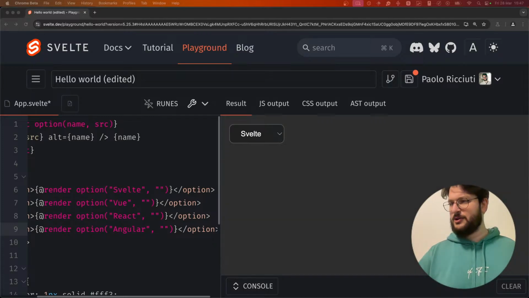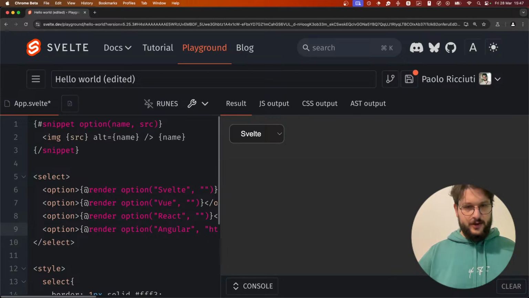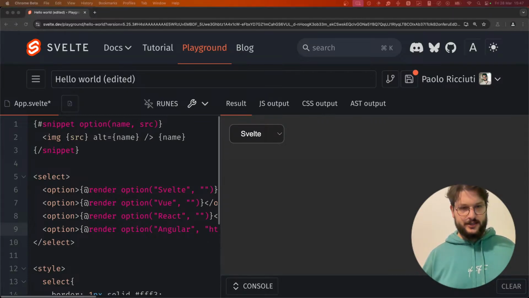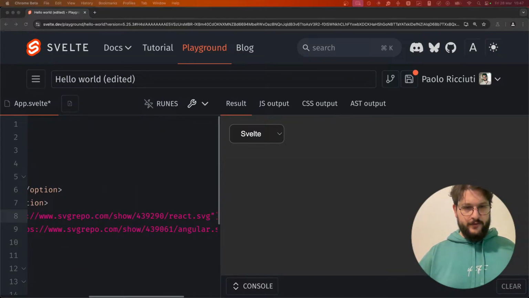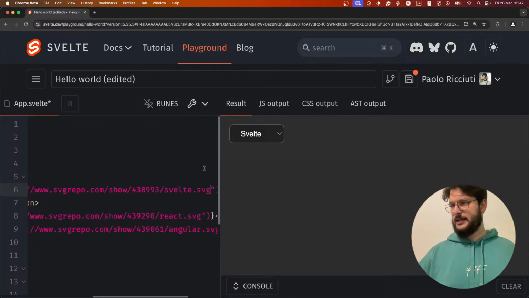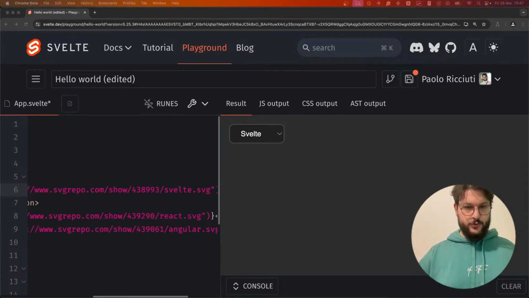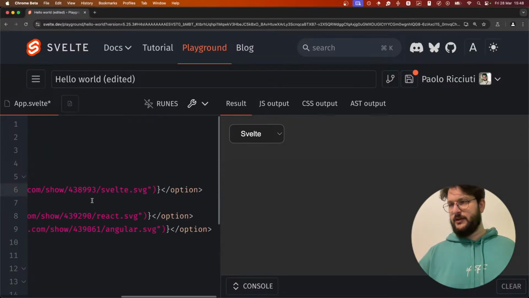So we have Angular, like this, and we have React like this, and we have Svelte like this, and we have Vue like this. So if we do this,